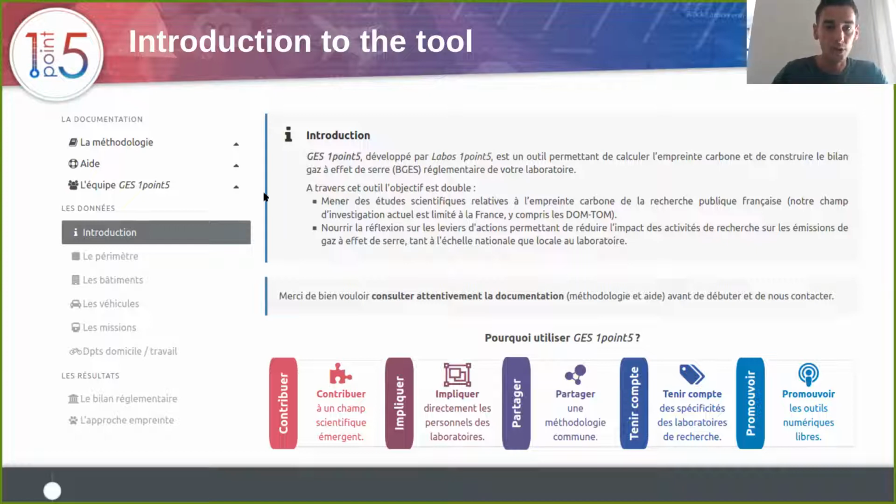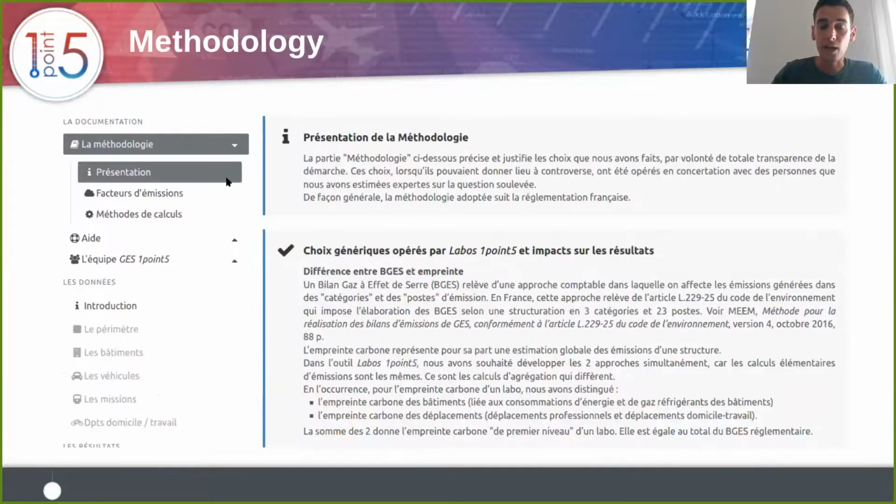All the features of the tool are gathered on the left panel, with on the top the documentation, where you can access the methodology that Odile presented before. This is quite a bit long, but this is really required to understand how the calculations are made.